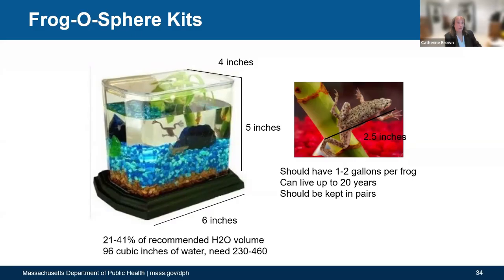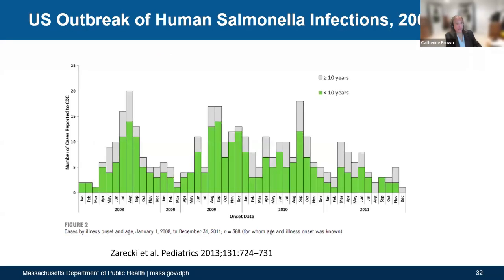So what happens when you put a living thing in a very confined space, particularly if it's water, right? They're going to shed their normal bacteria from their skin into that water. They're going to shed bacteria from their gastrointestinal tract into that water. And then whatever food they're getting is also going to add bacteria to that water. And you're just going to end up with a soup. It's a bacterial soup is what it is, which is why we ended up with 3 years of outbreak related to these little frogs, mainly because they were being kept in conditions that were inappropriate for them. So in an environment that just was not meant for them.